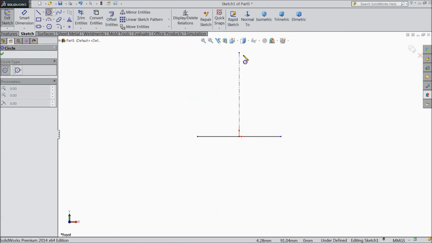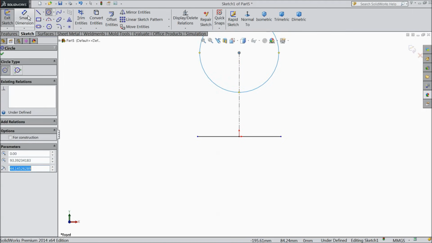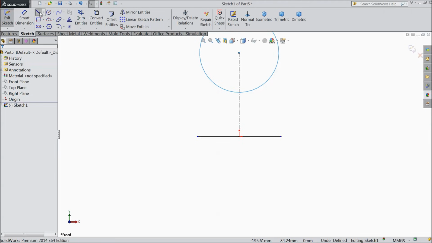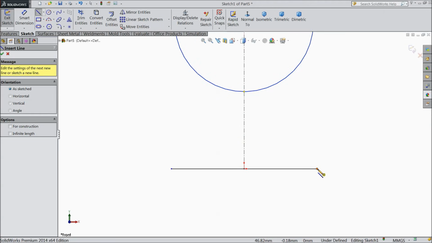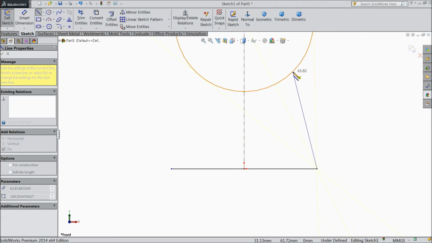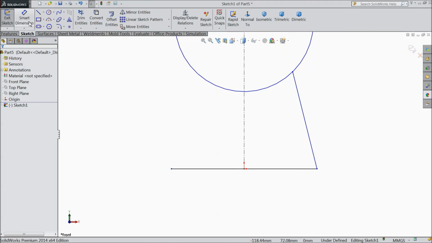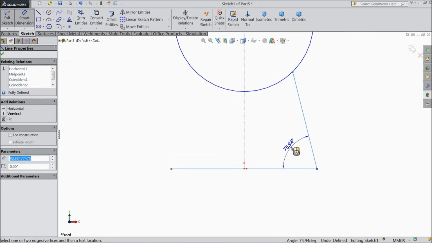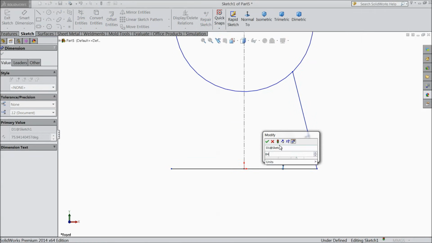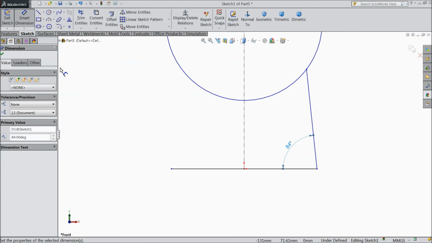Now let's make one circle. Now select line and connect from one end to this circle. And let's make the dimension. Make angle 84 degree.